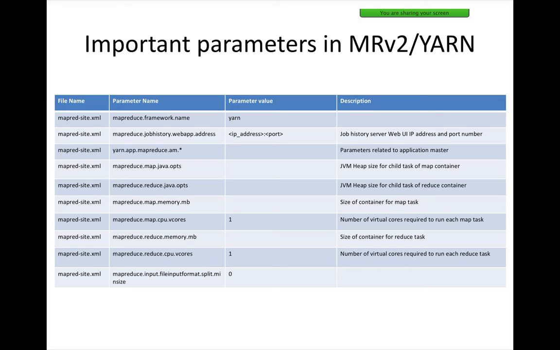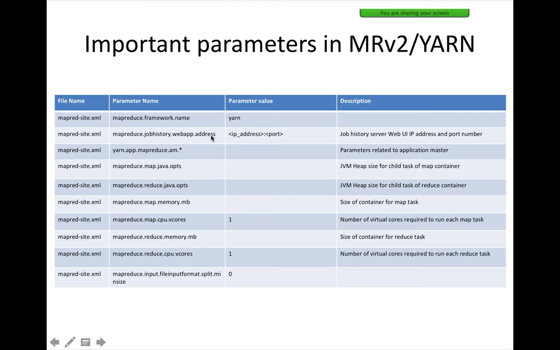And then from the MRv2 perspective, these are the important parameters. First thing is mapreduce.framework.name has to be yarn. There is another value called local. For development purposes, you might be able to use local, where everything will be run locally. It will not use YARN if you use local. It will execute MapReduce jobs locally. It is typically used in individual sandboxes where you want to just test your MapReduce programs. But on the actual clusters, mapreduce.framework.name has to be yarn.